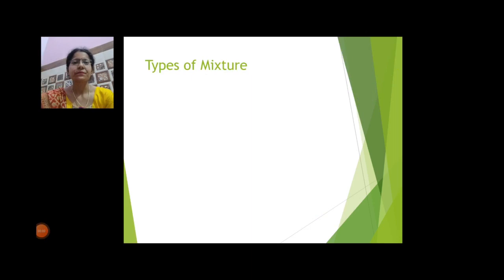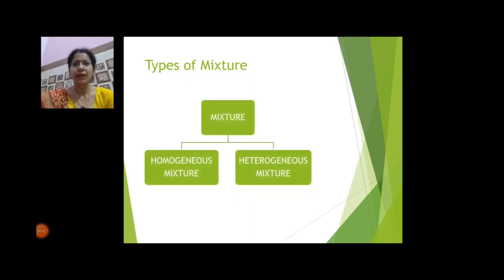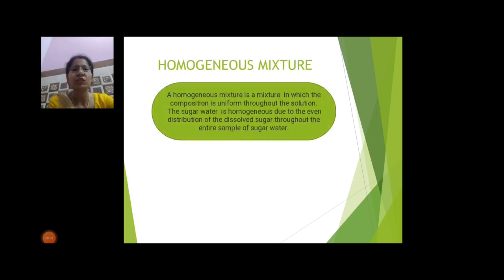Types of mixture. A mixture is of two types. One is homogeneous mixture and the second type is heterogeneous mixture. Homogeneous mixture. A homogeneous mixture is a mixture in which the composition is uniform throughout the solution. Sugar water is homogeneous due to the even distribution of dissolved sugar throughout the entire sample of sugar water,